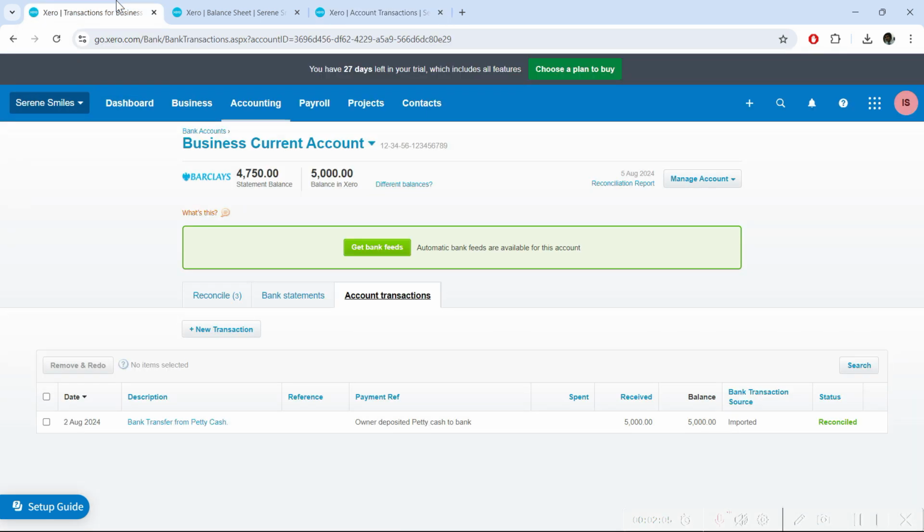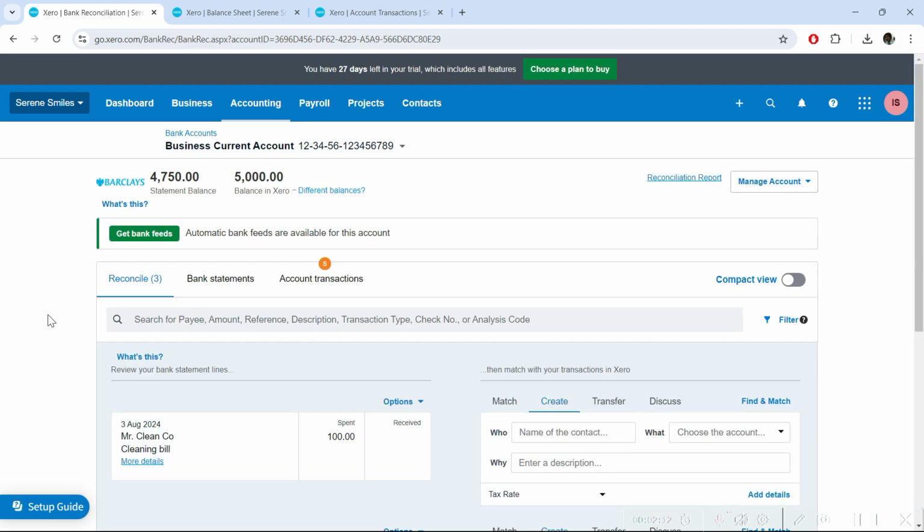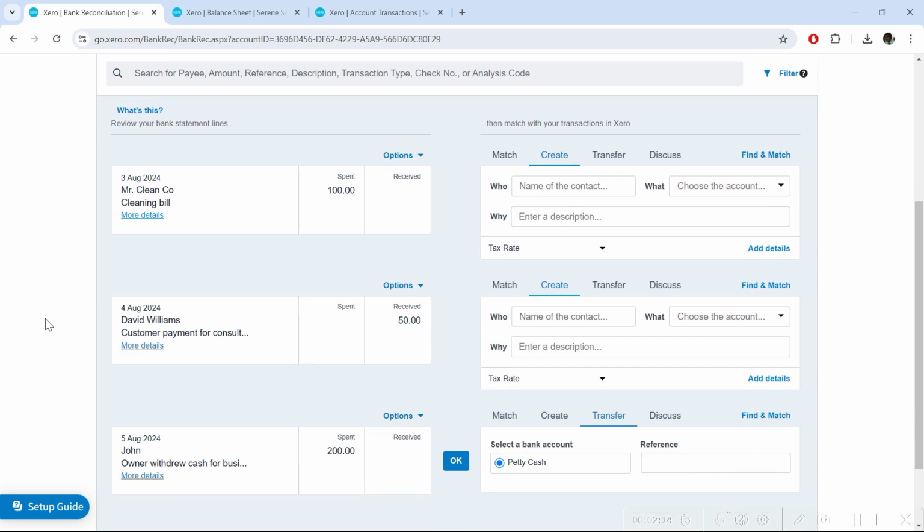Going back to the statement, let's go to the reconcile tab here, and you will see that now we have these three transactions. Now there are two ways to record them. The first way is that we first record them using our previous method and then come and reconcile it the way we have just done one transaction. The other way, especially for small businesses, is that you can just record these transactions right from here on your